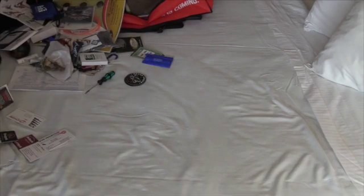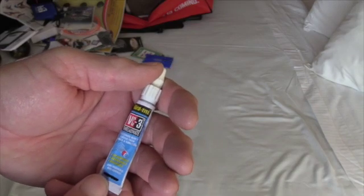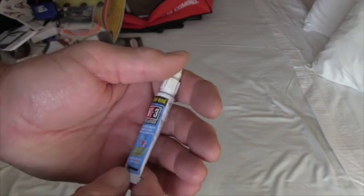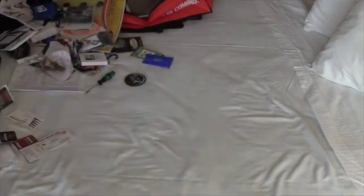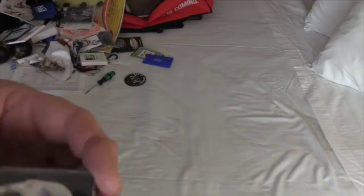Let's see here. A lady gave me some Fiber-Tight thread mate. That's a good thing to have. This is a nice little tool from Thin Metal Parts. It's a loop,